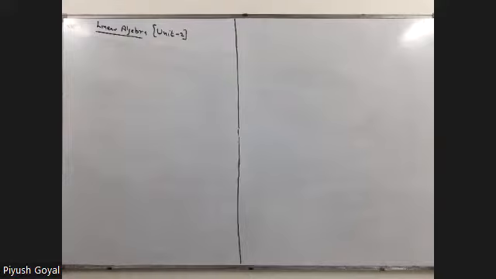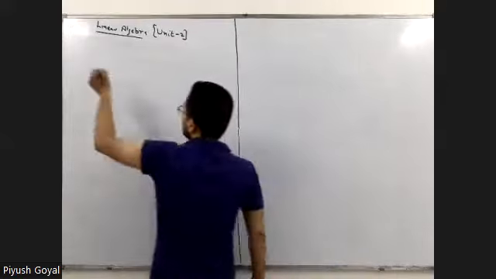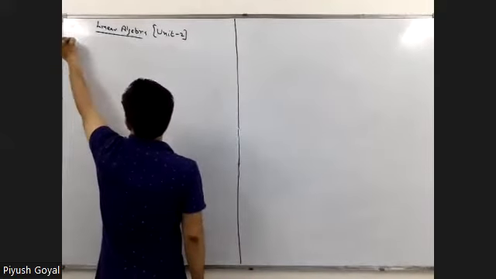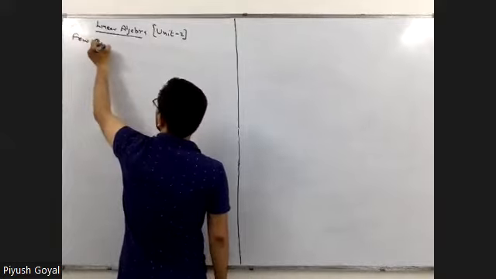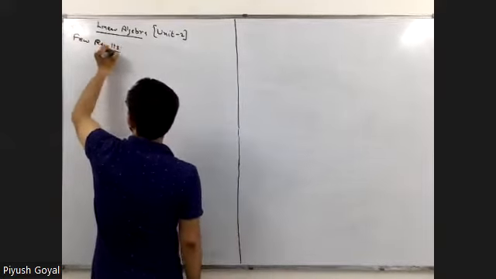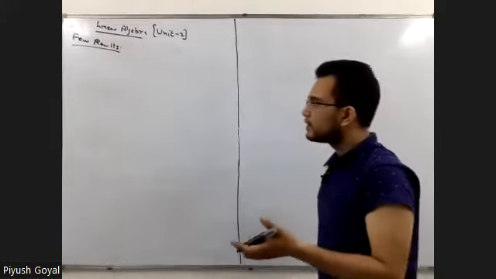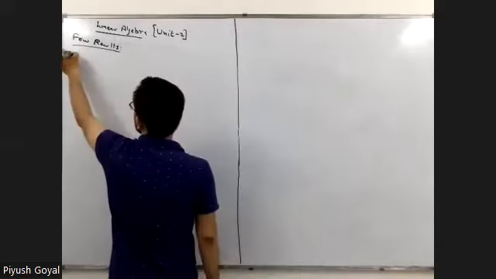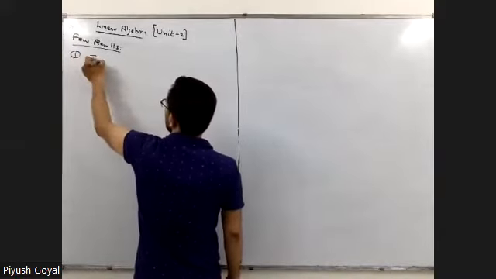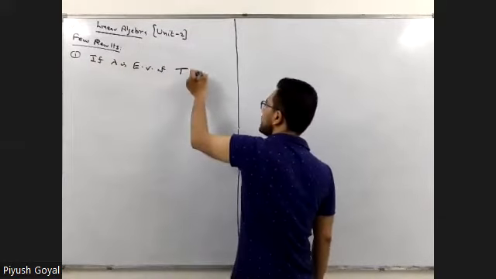Okay, so next thing is a few results. And these results are proved in examples. Okay, and first is, if lambda is eigenvalue of T, then